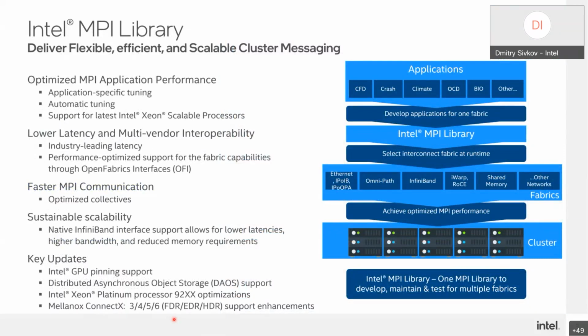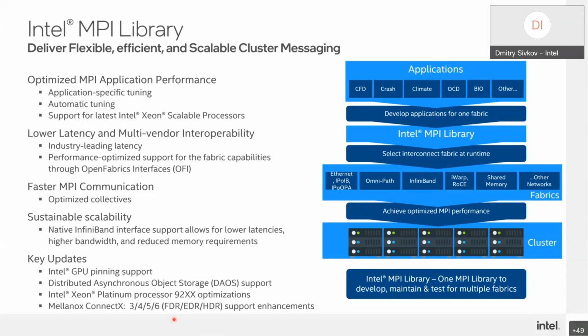We have specific optimizations for interconnects and specific optimizations for Intel architecture. And also, the Intel MPI library can be tuned for a specific application, and it has an integrated